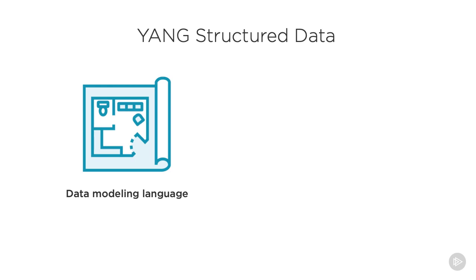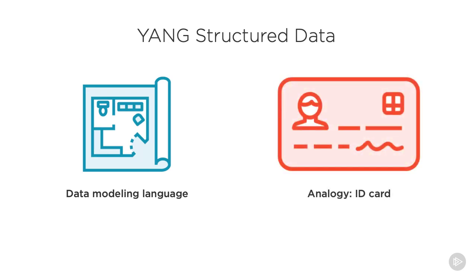YANG is similar in that it enables a developer to interface with a network device and know in advance how the configuration is structured. A common analogy is an ID card. Go ahead and pull one out of your wallet or purse. The card likely has a unique ID number on it, like a driver's license number. This might be the key of the dataset, which is used to reference the entire collection of data on the card. The card probably has your name, date of birth, and possibly your height and weight on it also.